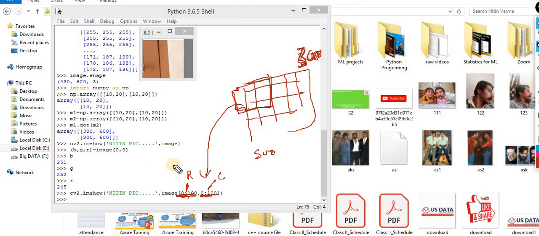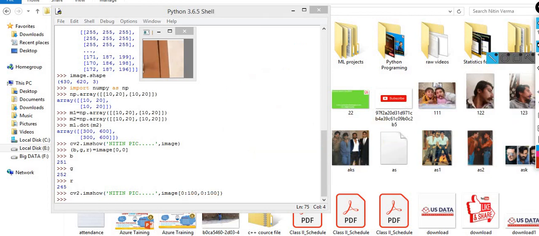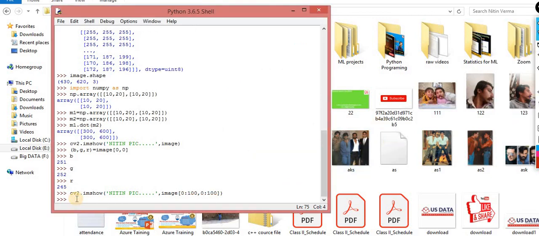We read the entire image. From that image we just select the number of pixels you require. Let me do it one more time and you will get more clarity. This time I'm reading from row 100 up to, let's suppose, 250, and all the columns.